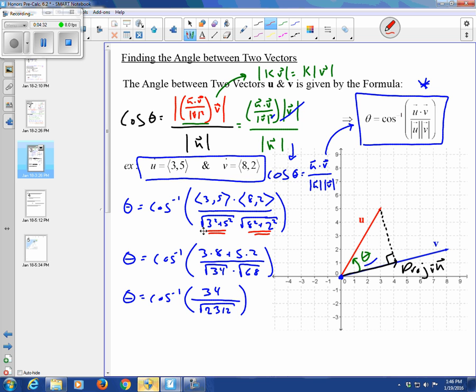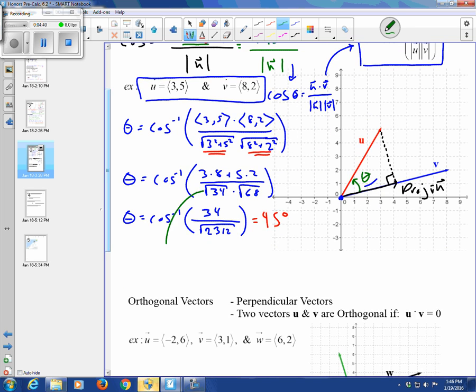And when we type all this into inverse cosine, we get 45 degrees. So this is a little bit crazy, but one of the things we can spot here is, if we take what's inside that inverse cosine, say we've got 34 over the square root of 34 times the square root of 68, really when we multiply all of this under one square root, we can say